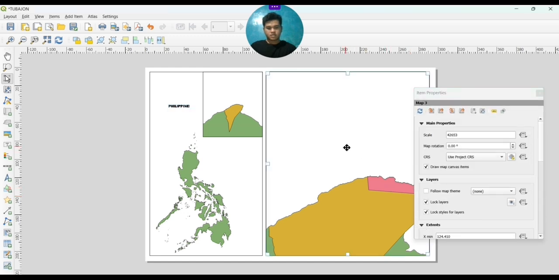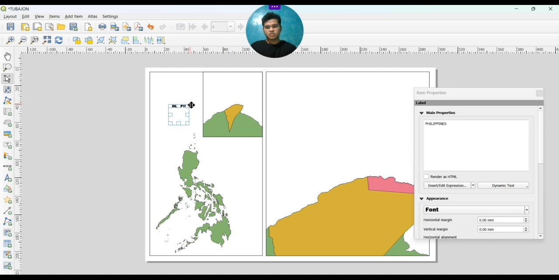So next, I just want to adjust it. Once you adjust it, click the label arrow, just like what I told you earlier.